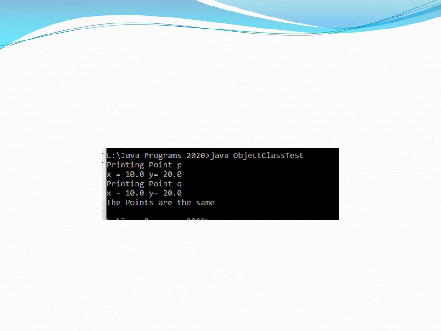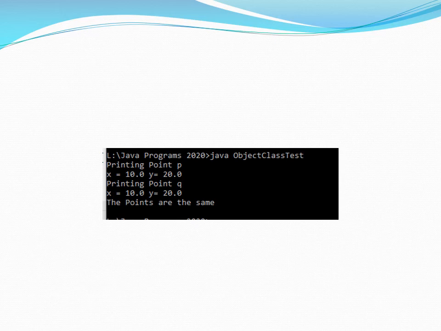Printing point P, it is printing not the hash code but x is equal to this, y is equal to this. Same for Q. P and Q are two different objects with different hash codes, but it is printing that the points are same because we had overridden the equals method in the Point class.